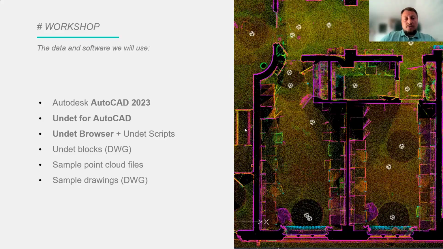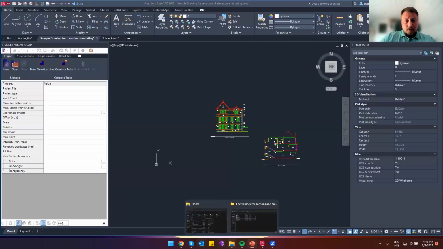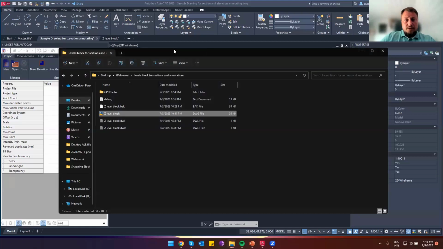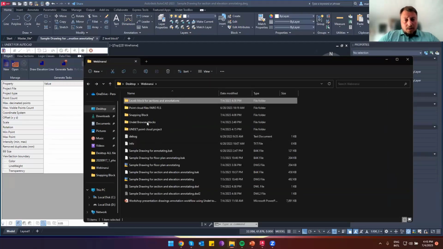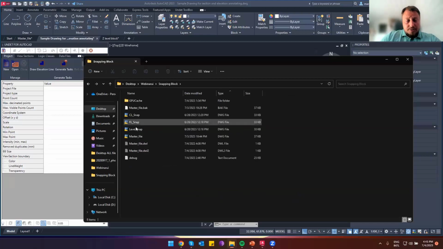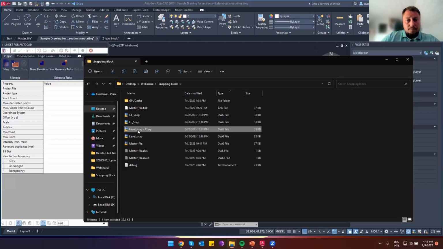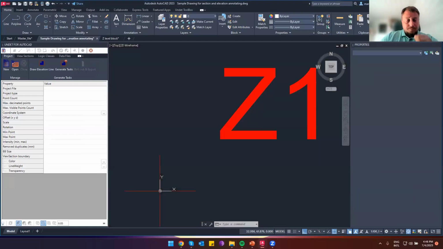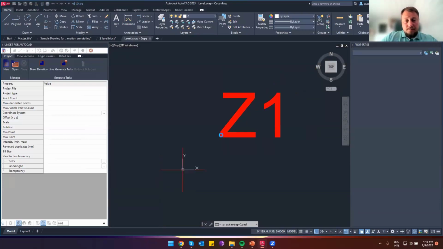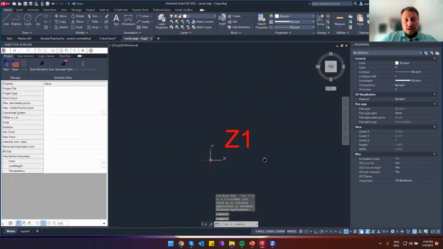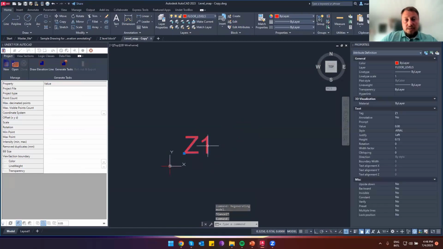Yes, you can. So as I told, you will receive all these blocks by yourself. So if you want to change snapping blocks, there's a master file, but you can find, for example, the level snap block. Make a copy, open this block, and here you can choose how your block will look like. So it is a tag. So you see that it's a floor levels layer. If you want to change, so you can